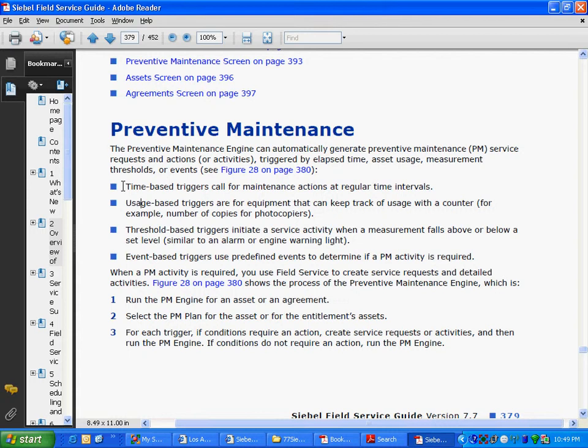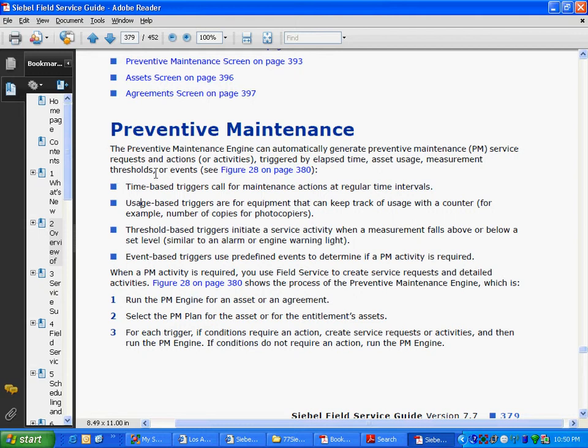If a company is like that, they need to service their assets every 3 months, then this time-based trigger. What is a time-based trigger? What does it look like? Whether it is a pop-up message, what does it do? These are all functional details. We still do not know. We are not diving into that, but we are trying to understand the business context of the details. Okay, so this is what you do. You understand the business context of the detailed lines. You may not be able to understand everything. You will need sometimes functional details to understand, but we'll just make a quick glance of the entire 20-page preventive maintenance module and try to understand what it means.